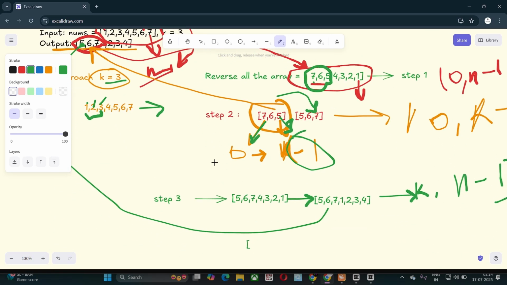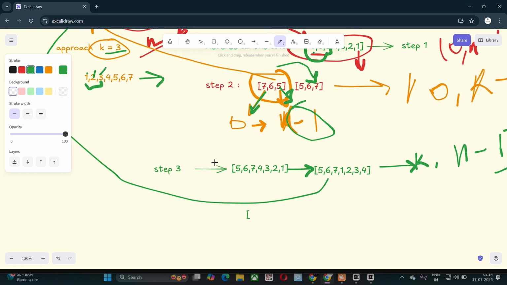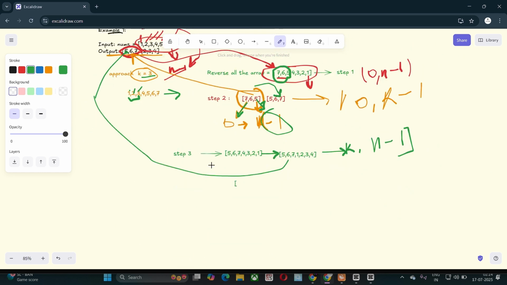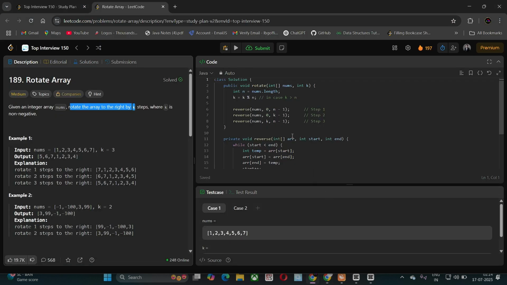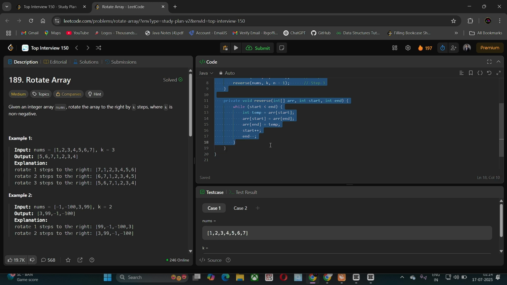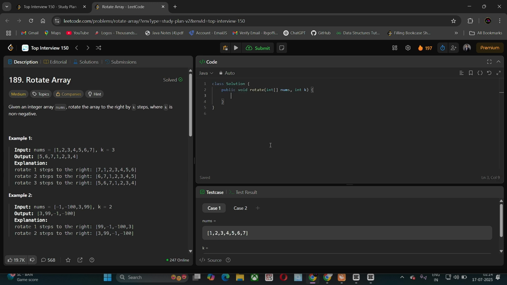First of all we make a function, private void reverse, and it takes our integer array, and also our start and end. So int start, int end.